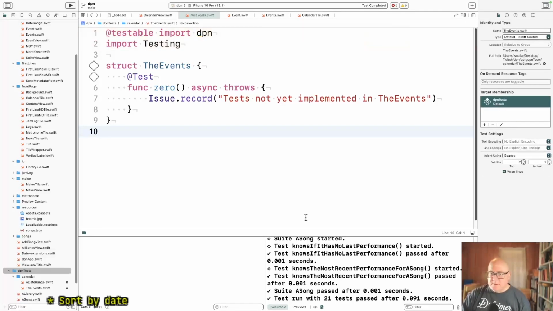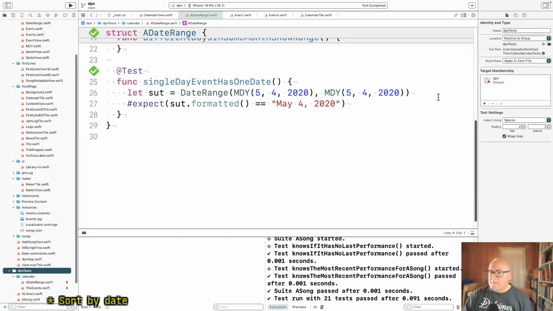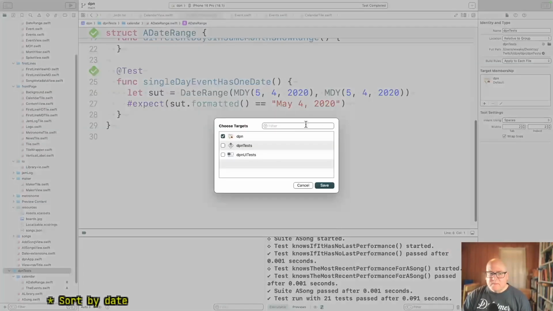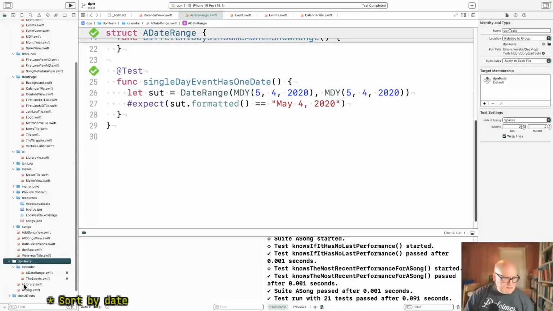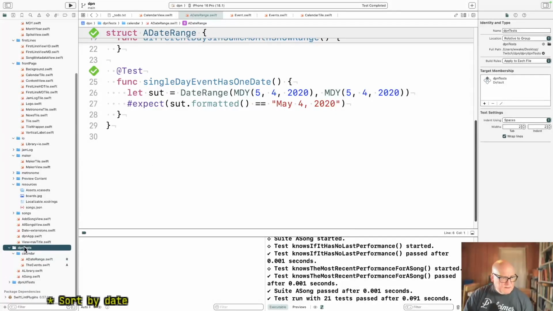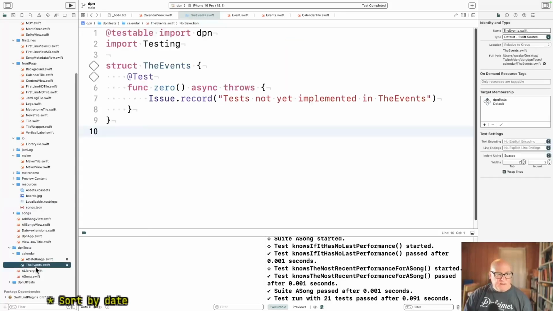Okay, it should only be there. Okay, I probably screwed that up somehow, hitting the wrong thing. All right, it needs a DPN test. Okay, the events. Dates in the past and the future. Yeah. All right, so